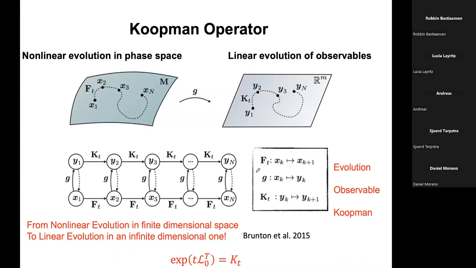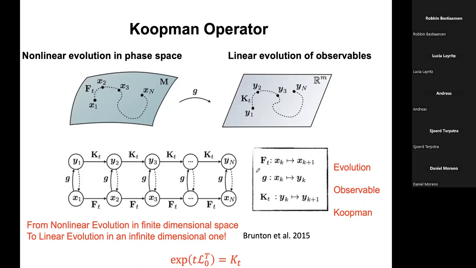So Koopmanism is a sort of general strategy for studying the evolution of a nonlinear dynamical system by changing the angle on the problem. So instead of looking at the evolution in time of an initial trajectory, you lift the problem to studying the evolution in time of observables of such system. So in this way, you basically go from, in general, let's say, a finite dimensional space with nonlinear evolution to linear evolution in an infinite dimensional space, where the linear evolution operator is exactly, for time differences t,